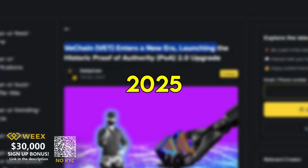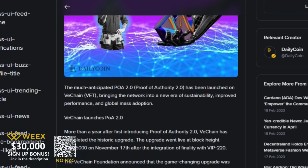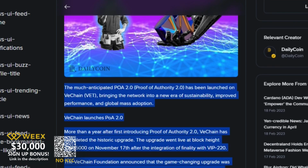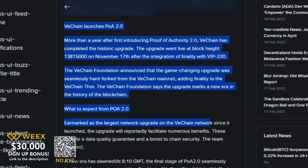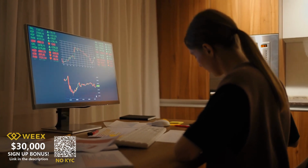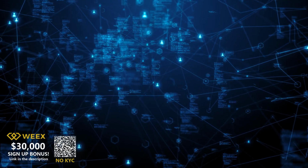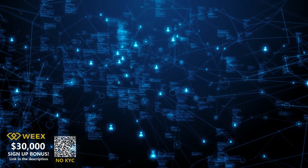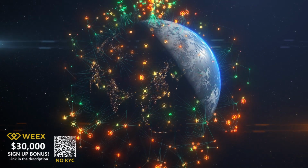In early 2025, the PoA2 upgrade went live, giving VeChain Thor near-instant settlement times and bolstered security. Alongside that, the community-driven Stargate staking program launched on major exchanges, allowing VET holders to lock tokens, earn additional VTHO rewards, and gain governance rights. Those moves demonstrate that VeChain isn't just focused on supply chain demos, it's building a sustainable ecosystem that incentivizes long-term